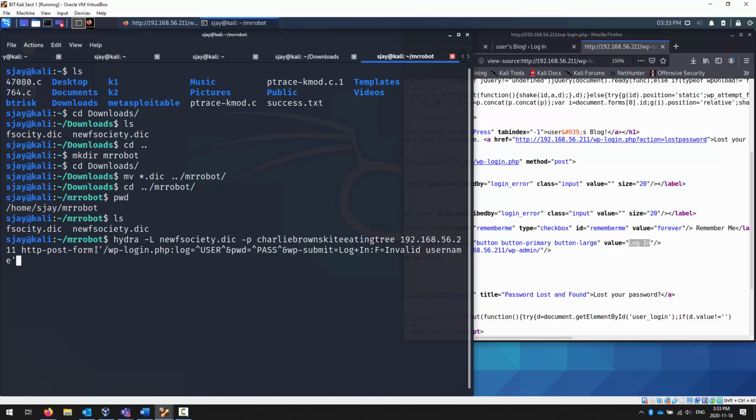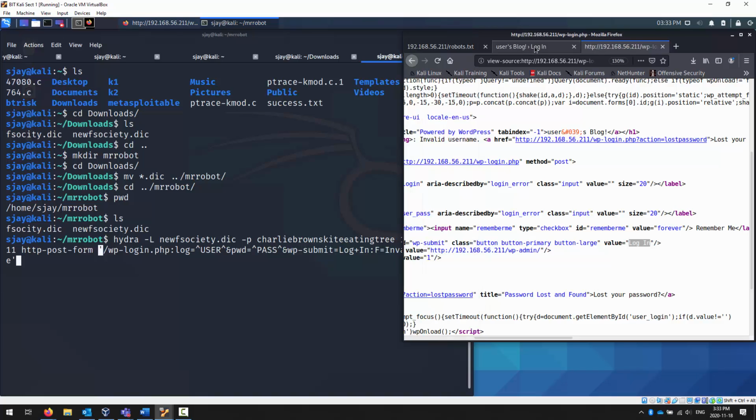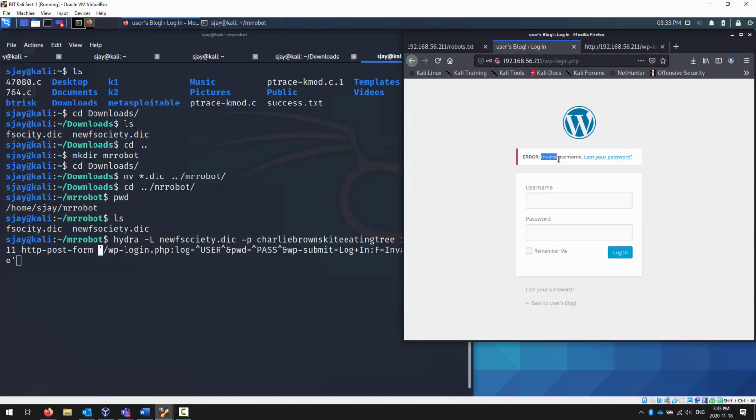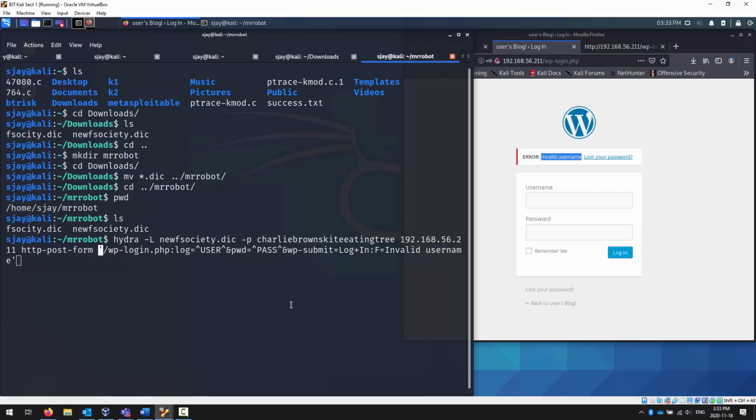And we need to close the tick for the opening. And where do we get that? We see that right here. If it says invalid username, then it is a failure. So I don't want to see the failures, I want to see the successes. Okay? So when we do that and we hit enter,